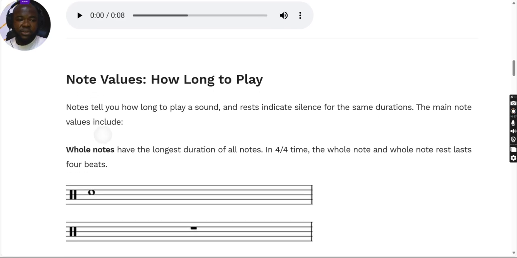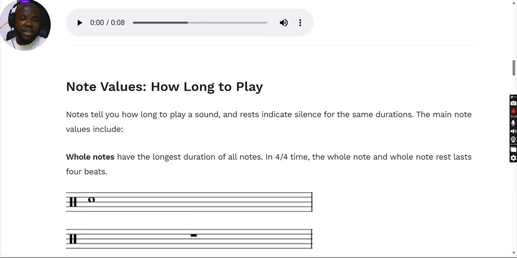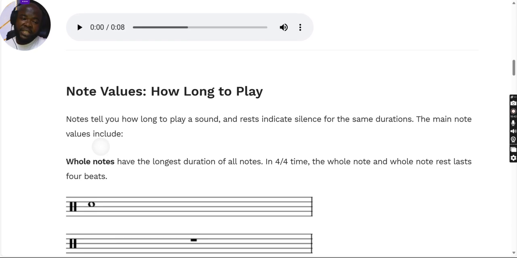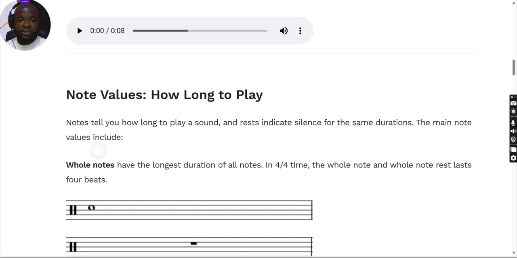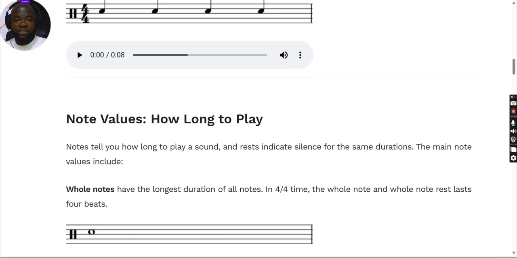We also have what is called note value, how long to play. In the next lecture, we're going to be talking about the note value and how long to play. So for now, we're going to stop here